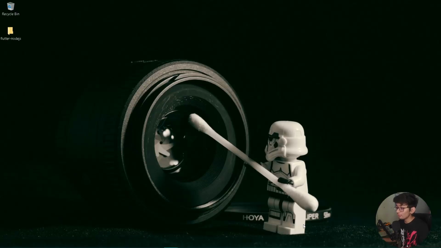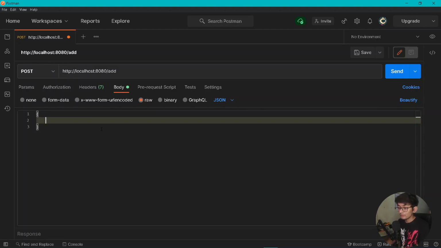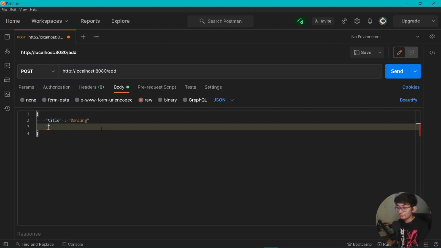So now let's go under our Postman. So here under our Postman, first of all let's add some post, and here under path let's add some data. So here first of all it will be requiring a title. So under title it should be having, let's say, dancing, and after that we should be also having a new property of description. Alright, let's add comma, and here let's have description, and under this let's say I love dancing or any sort of thing. Let's try sending this data to it.